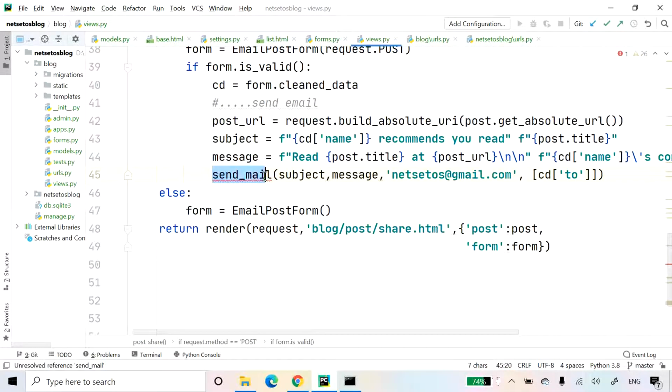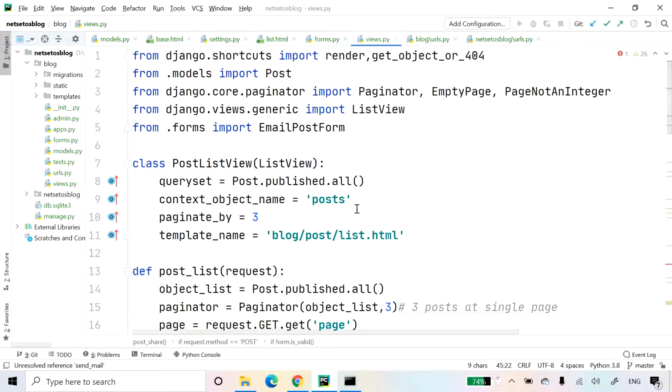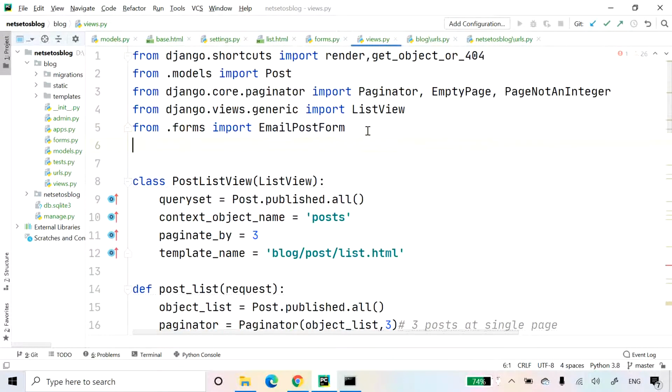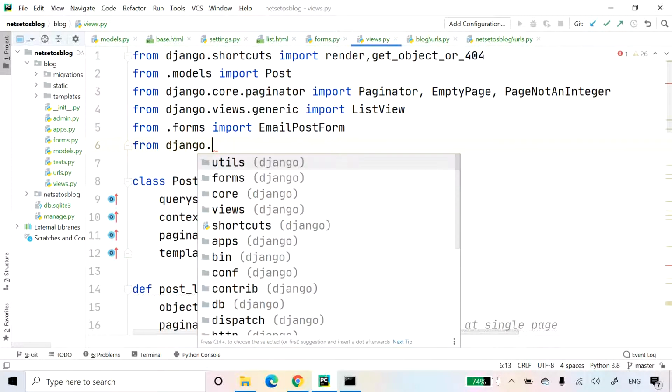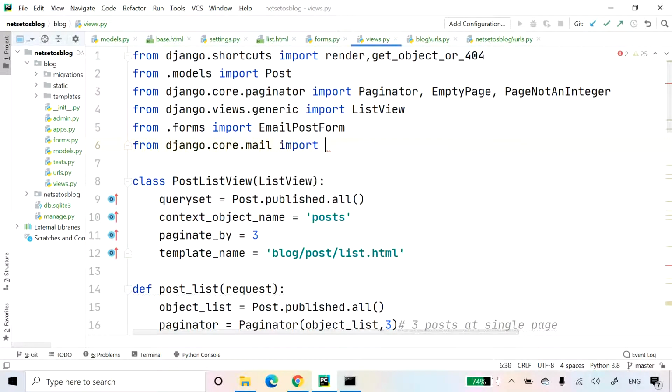Here it is showing an error as we need to import it first. So I'll go above and by putting enter I will write from django.core.mail import send_mail.